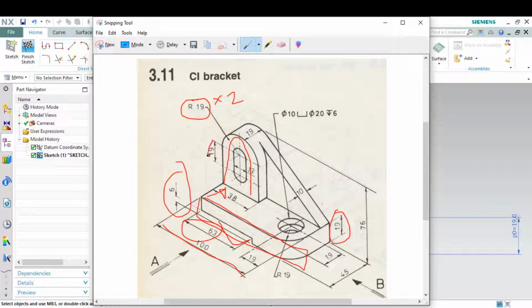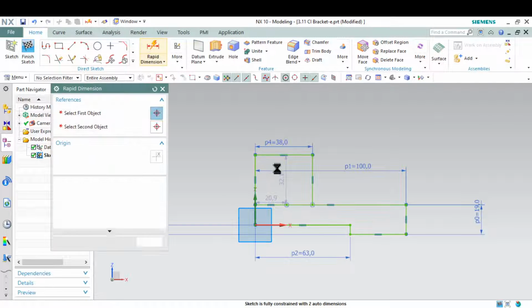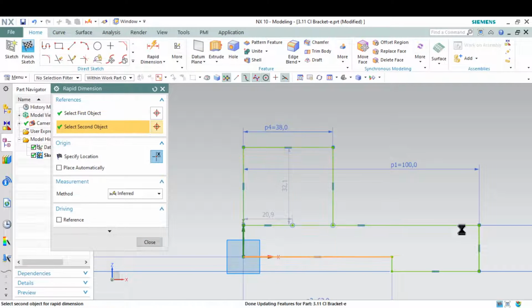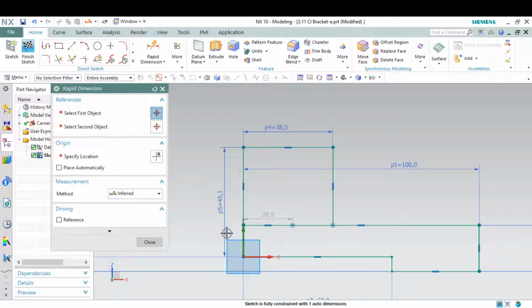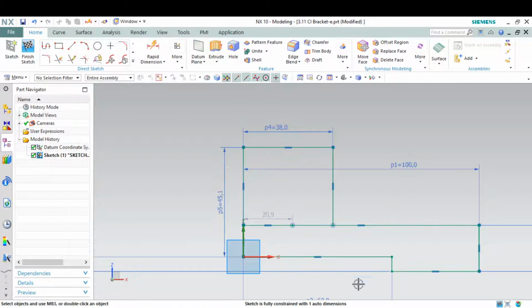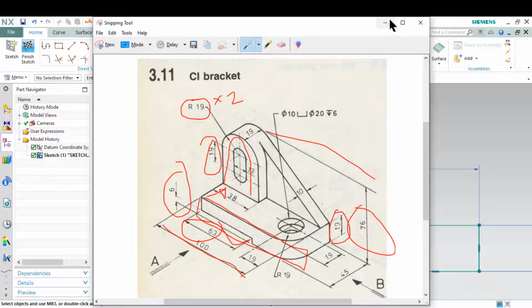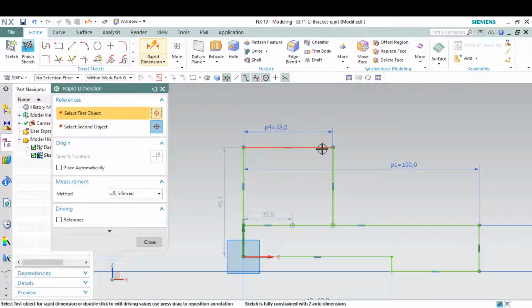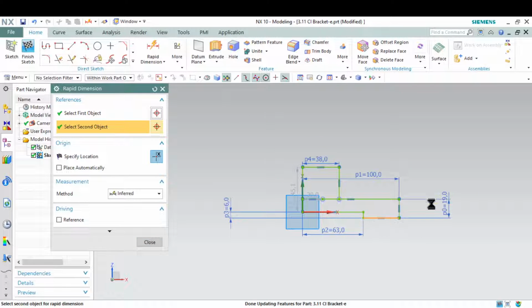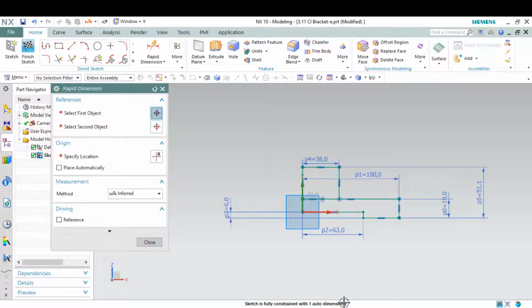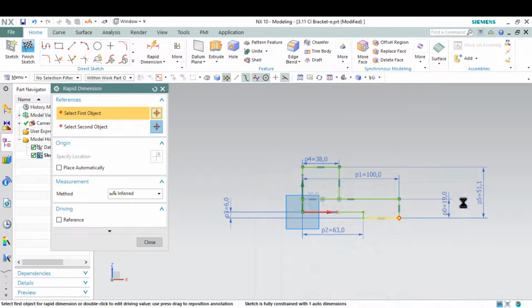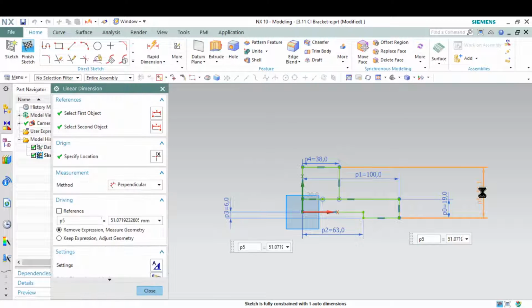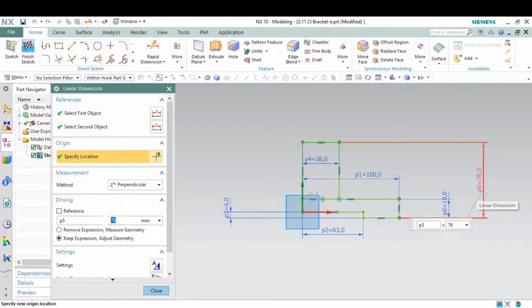from this to this, or from this to this is 76. Click this line to this line, 76. 76 is from this to this. I will delete this. From this to this is 76. Enter. Okay,